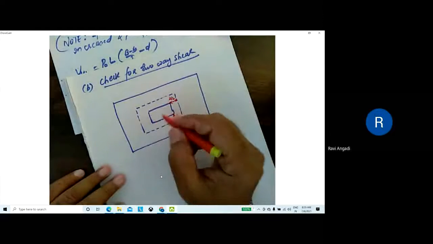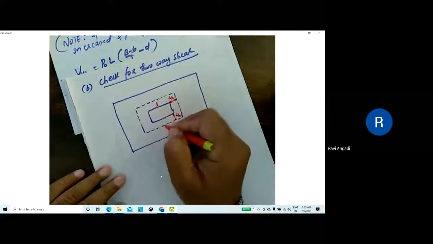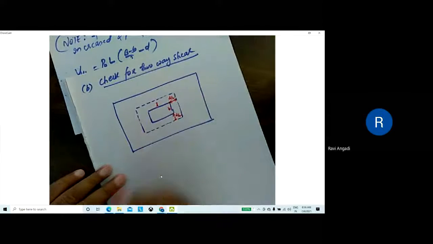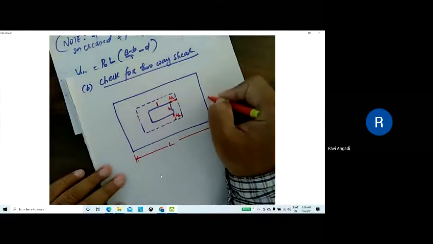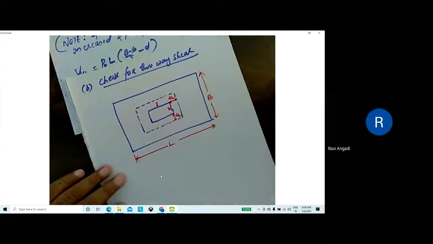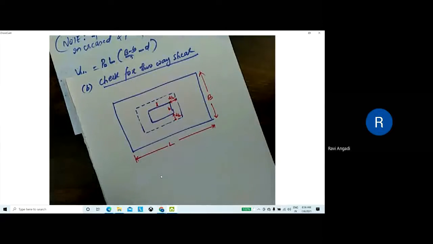So all of you note it down. Let us take the length of the column as small l, and width small b, and let us take this capital L, and this one is capital B. For two-way shear, it is critical at a distance of d by 2 from the face of the column.